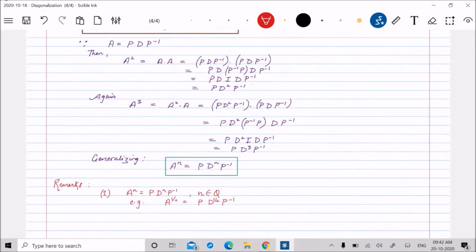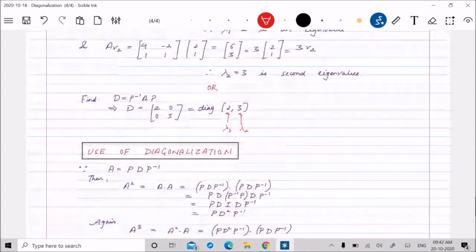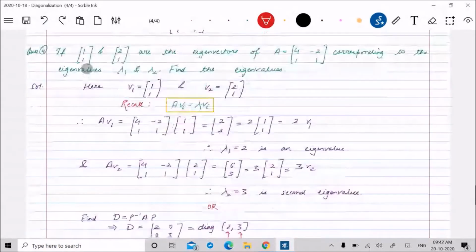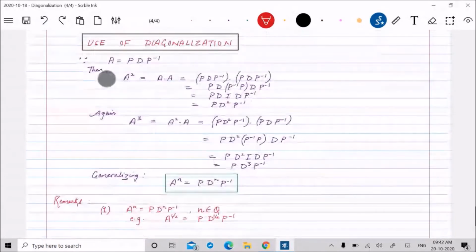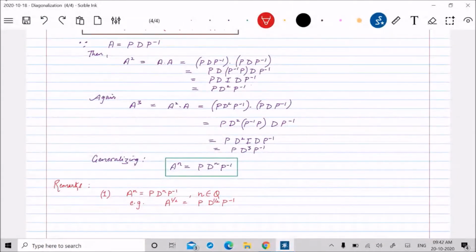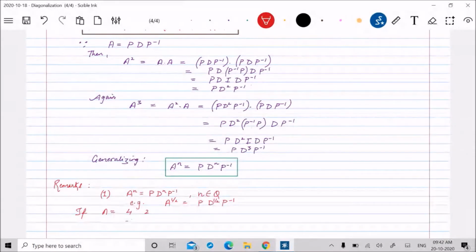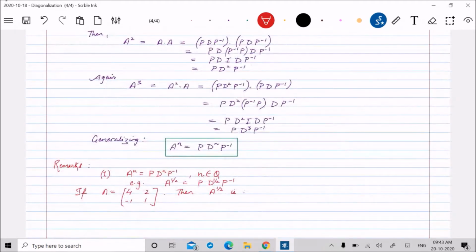Right. Let me again choose this A. Where is A? This is my A. Since the beginning of this file, this has been my A. I will stick to this A. Let's find the square root of this. If A is equal to 4, 2, minus 1, 1, this was my A, then the square root of A, this is A to the power half,